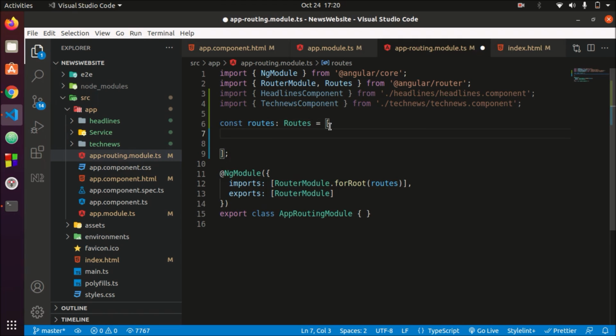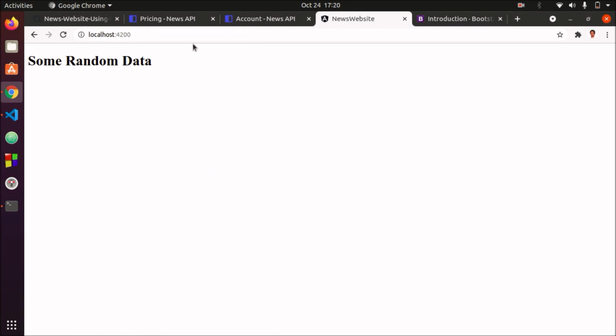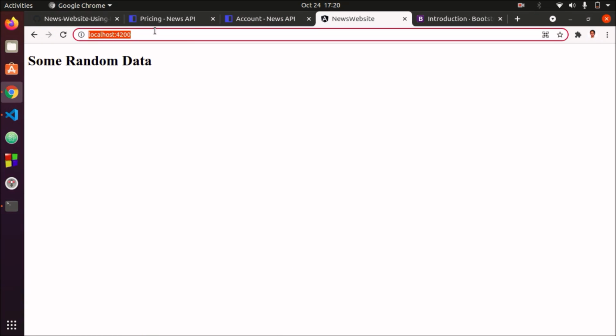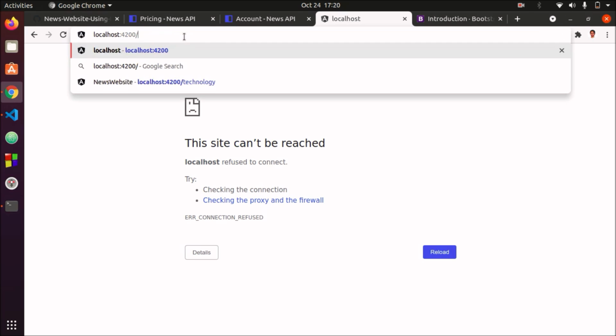So whenever there is nothing after the path, if we don't give anything like slash something, on the home page we will see the headlines from India, and if we give slash technology, then we will see the news of technology.